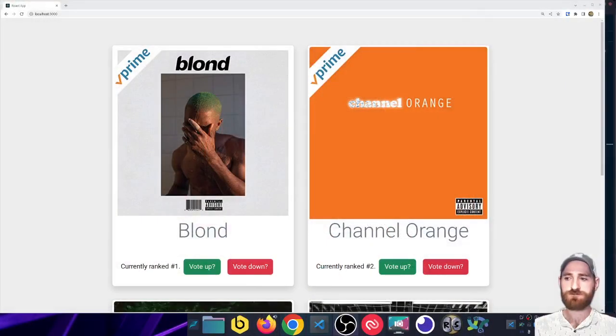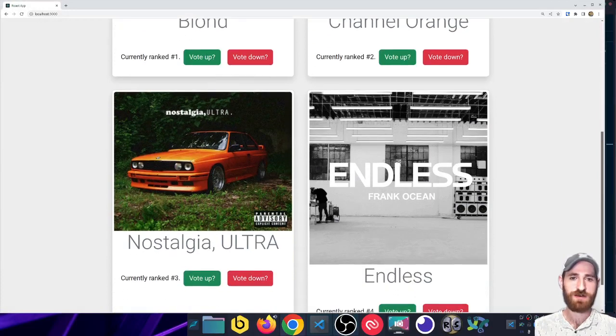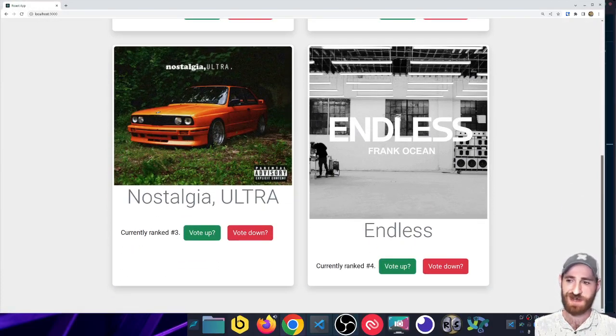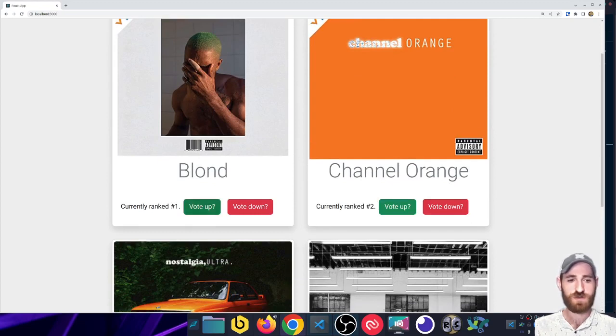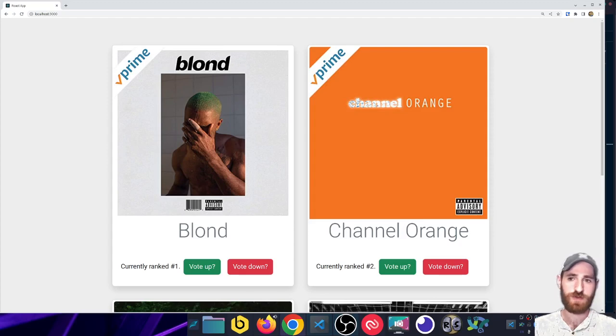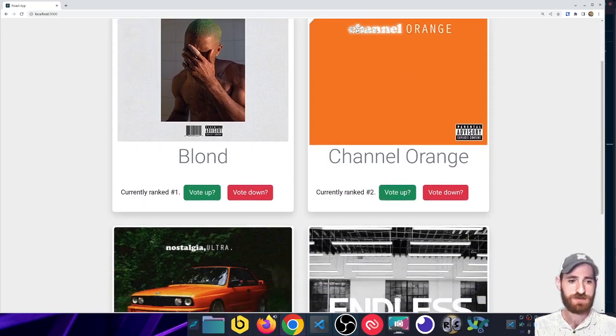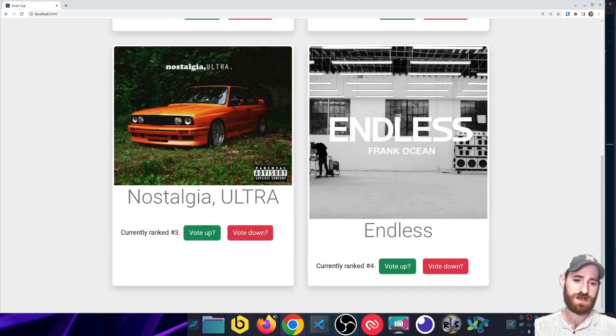Now for this, I have some data. I have an array of album data of Frank Ocean's albums, big fan here, and I want to be able to rearrange it how I see fit in terms of album preference. So I have these buttons coded out on these little cards, and first and foremost, I kind of want to